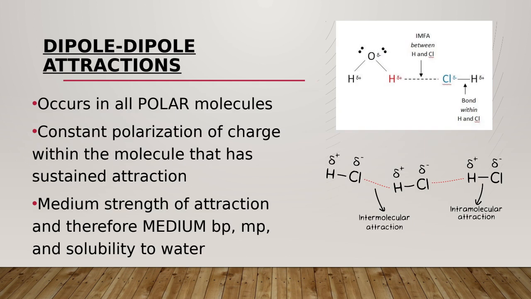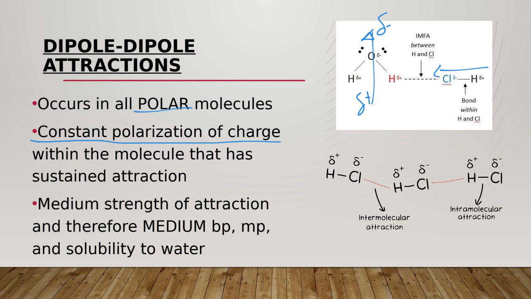Molecules that are polar have a dipole. And if you have a dipole, those dipoles can be attracted between neighboring molecules. So because there is a constant polarization of charge, if we come over here to our water molecule, there is a constant negative and positive end. Over here for our HCl molecule,